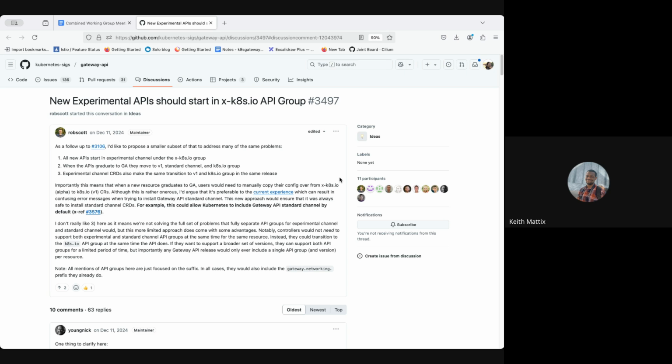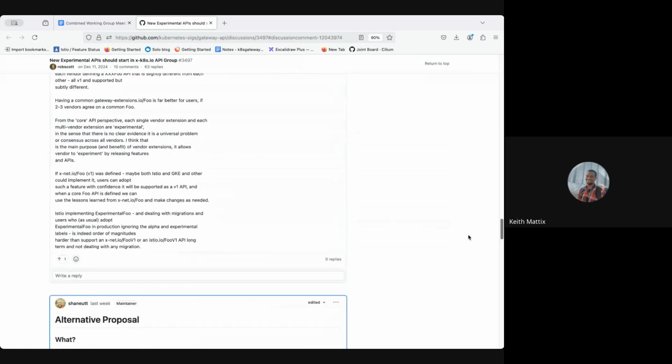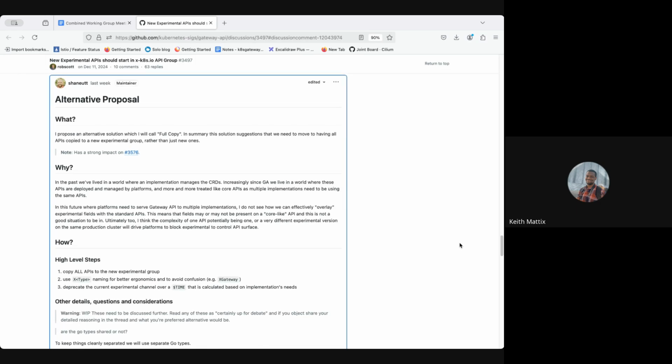Having been through the gateway conversion code, I just envision if statements littered across the code base to check if you're a gateway or X gateway. And then different code paths for, okay, if you're an X gateway and you have this experimental field, you can use this feature. As an implementation, I don't know why I would ever want to support the experimental channel. I do think that probably is maybe a net benefit to users. If you want to live on the edge, you do that. If you want to use your cloud provider's standard API distribution, you can do that. But I can't reconcile that with what an implementation would have to do to make that work, if that makes sense.